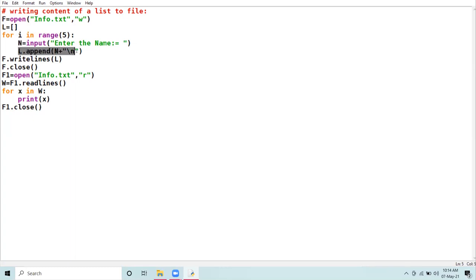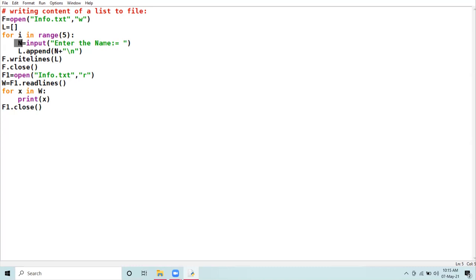Now see this statement. The inputted data has to be transferred to the list. So element by element, we will be appending our data into the list. And in order to append the data in the list, we are using the append function. In the bracket of the append function, we pass the n variable as the parameter. n means the first name that we will input, then the second name, then third, fourth, and the fifth name.